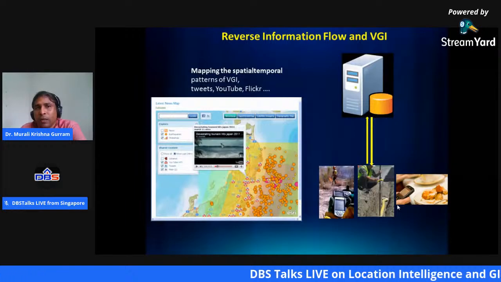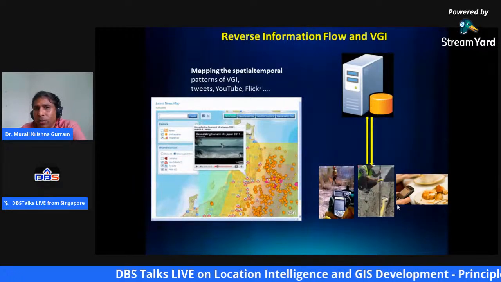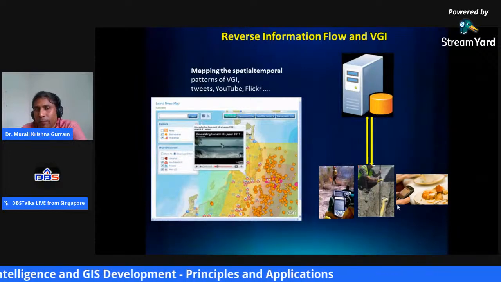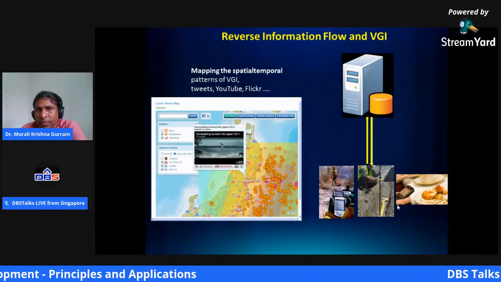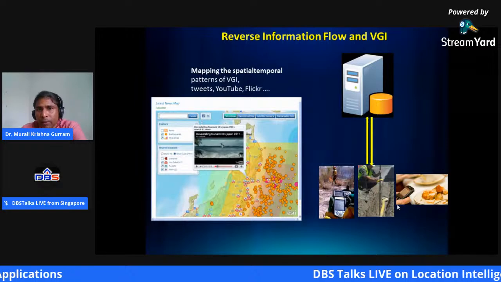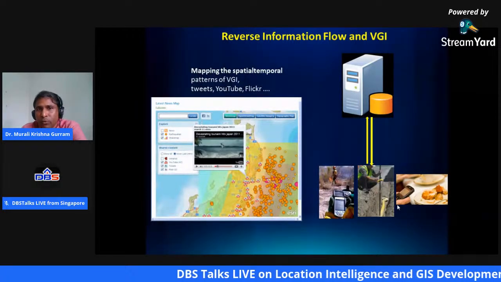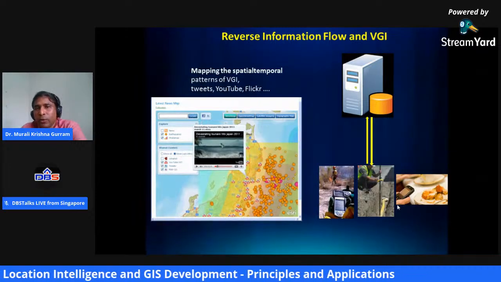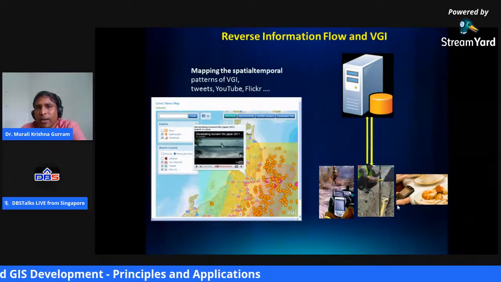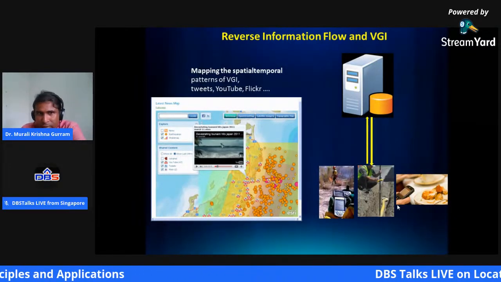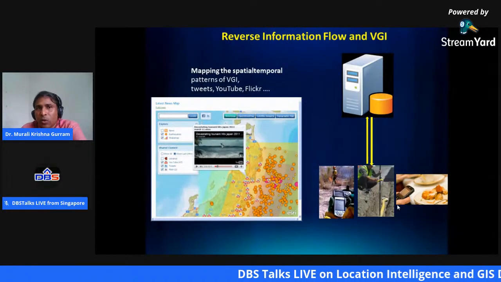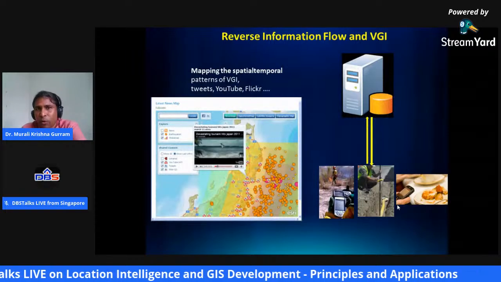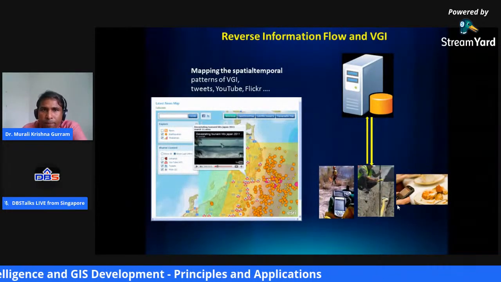It can be a video, or some news, some incident or event within your purview that you have immediately shared over the web, so that it can be viewed as news by someone else who is interested. That is volunteered geographic information, which we call VGI. So the information flow is both ways, reverse.